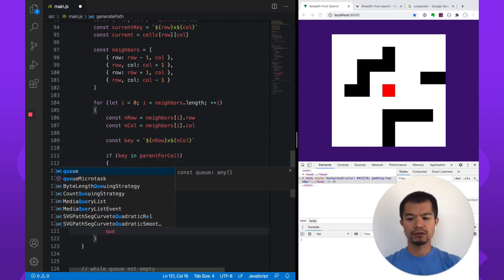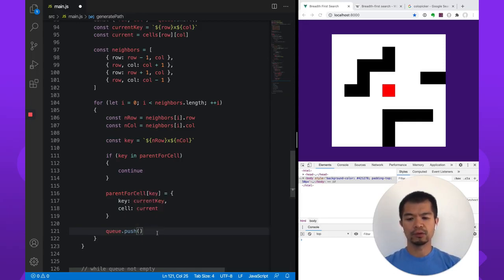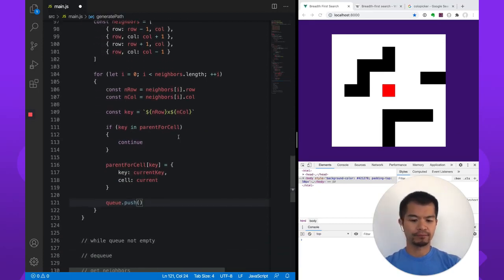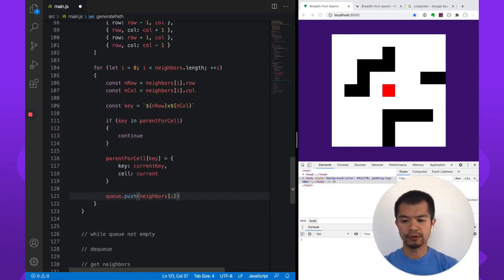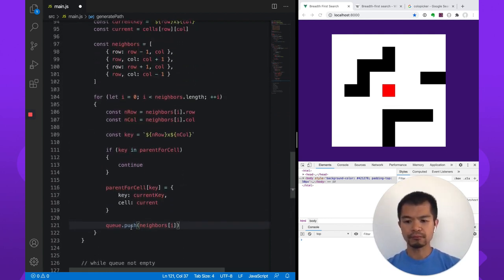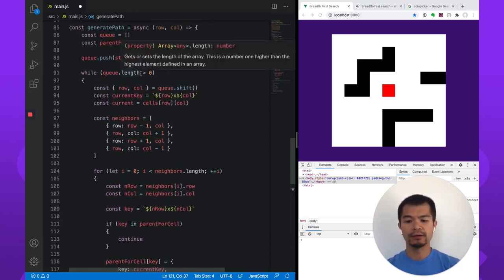So now we want to push onto the queue the neighbor. And so now neighbor's i, that gives us that. What was in this queue again? This queue had row and column. Okay. So I think we can actually just do neighbors i. Right, so now we've pushed the current neighbor, and that's what we're supposed to be doing. Mark discovered, add to queue. Okay. Done that. Now it's going to go back into this while loop, and the queue, well, after it goes through